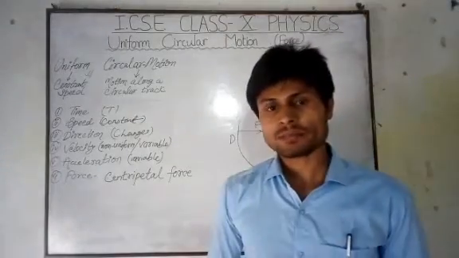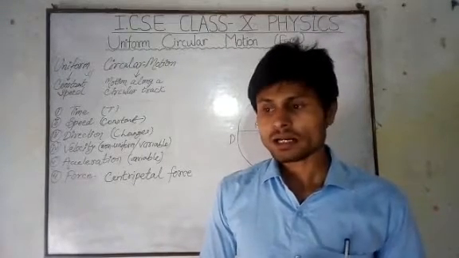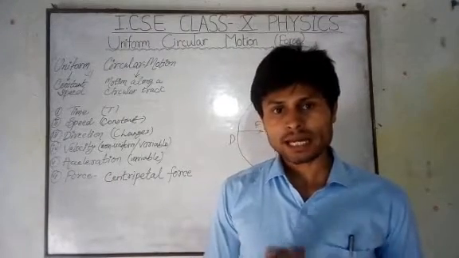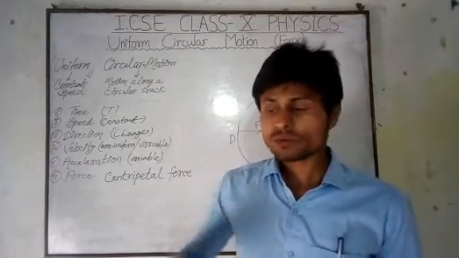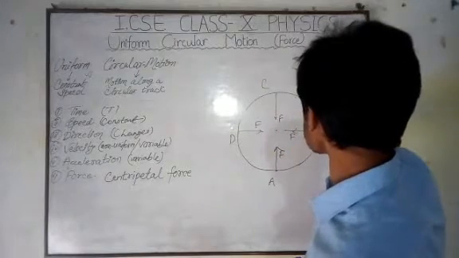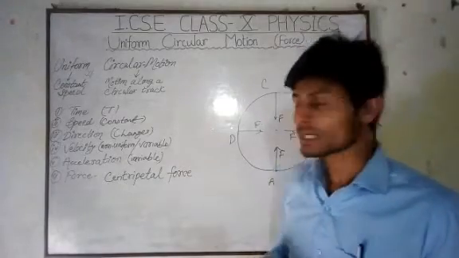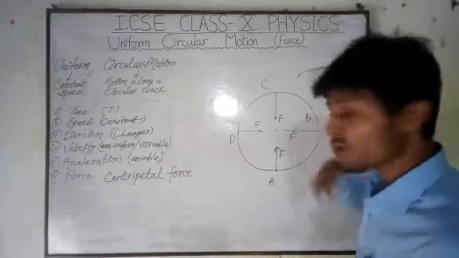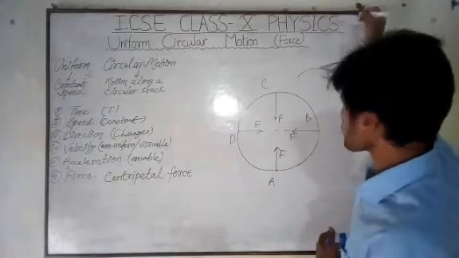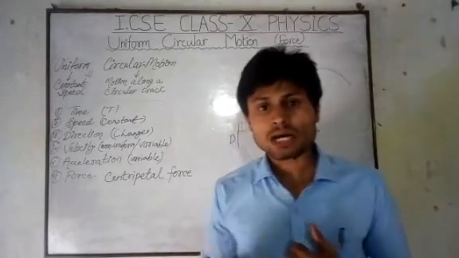Now think about one example. Suppose you are in a car and your car takes a U-turn, then the upper portion of your body feels a force that acts to throw you out of the U curve. See, suppose your car is moving in this U track, then what happens? You are moving with the car, and the upper portion of your body feels a force that acts to throw your body out of the circular track, out of the U curve, when your car takes a U-turn. So what is this force?